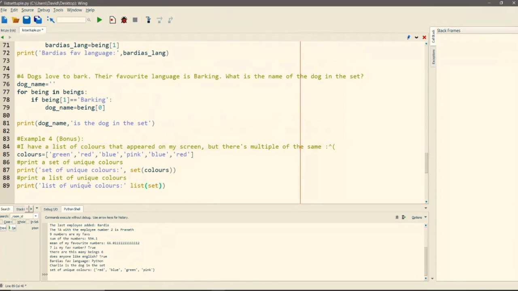We want to make a list out of the set of colors, and that way it stays unique. We look over here again to see what the problem is. Syntax error. Okay, well, there we go. I forgot the comma. Definitely don't do that.